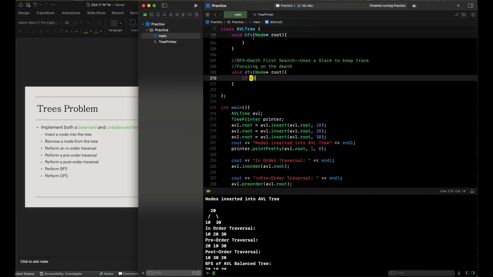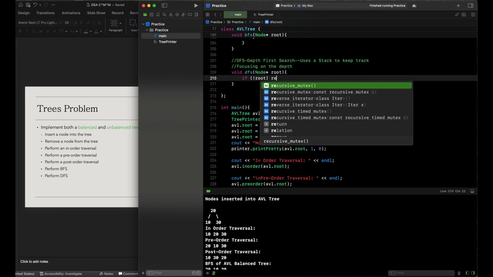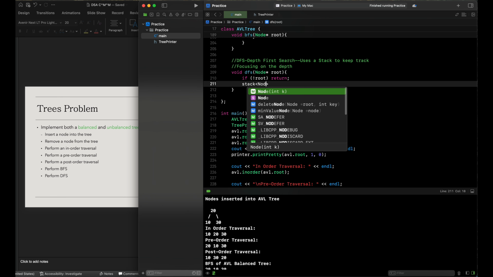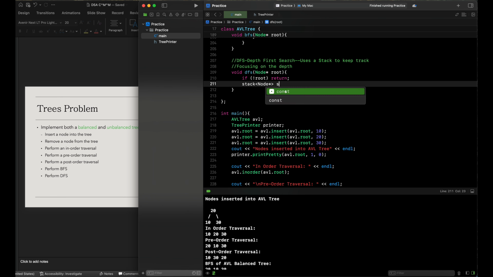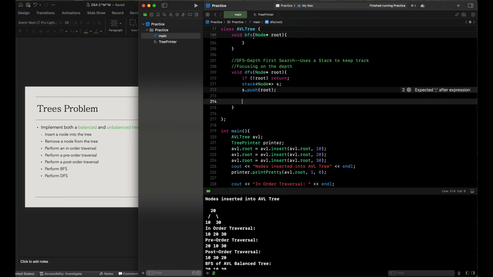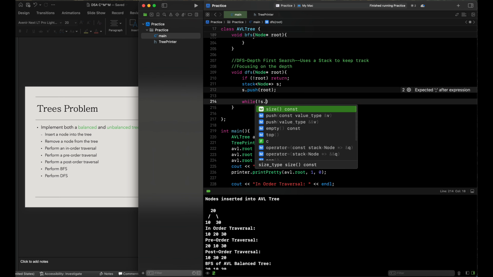If we're not at the root, we will just return, to initialize. Then we initialize our stack with stack node for s, and push the root onto it. We go through continuously while the stack is not empty,